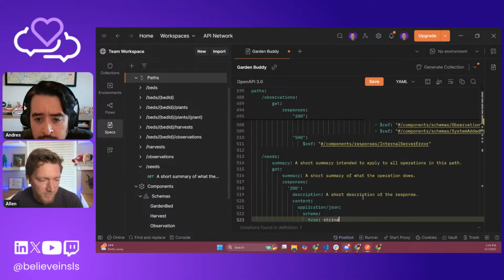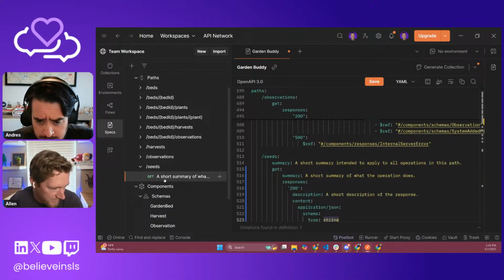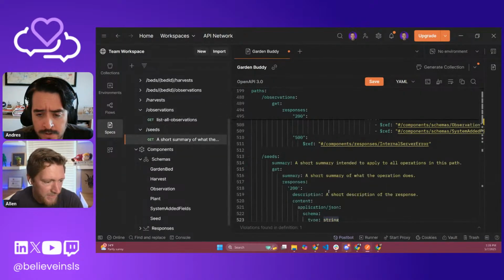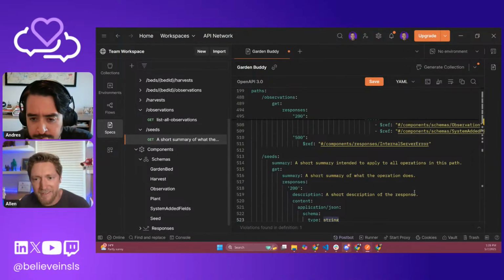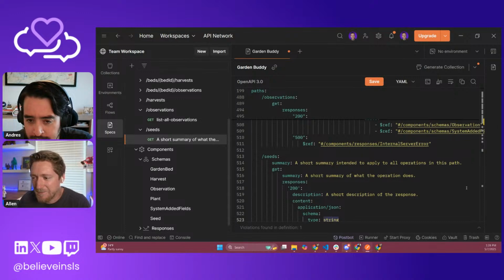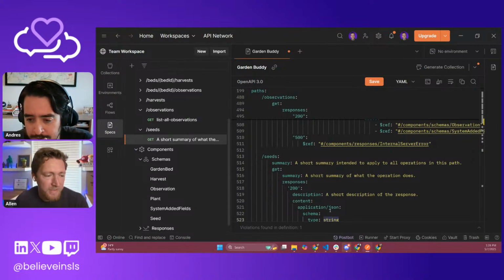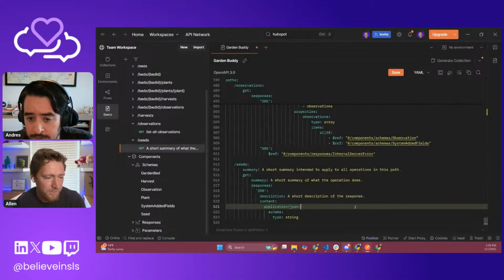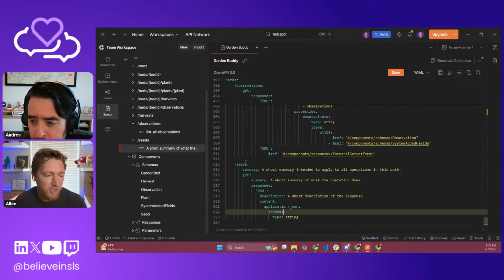Okay, as far as that goes, I can't expand that. I think I'm not zoomed in. Okay, so zoom out. We can try that. Okay, so seeds.